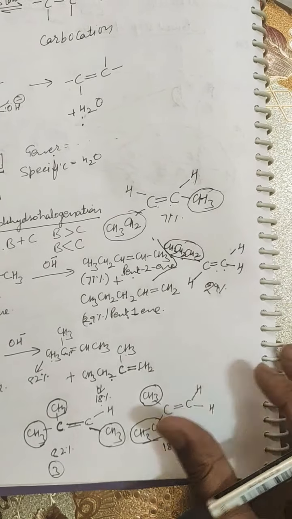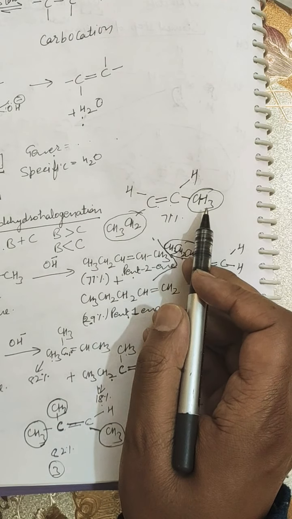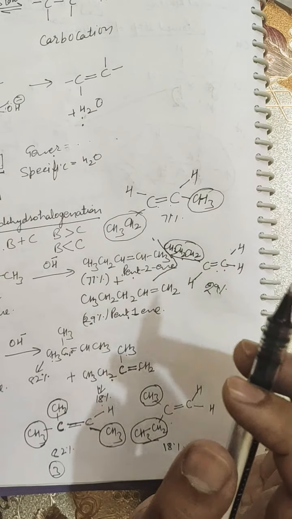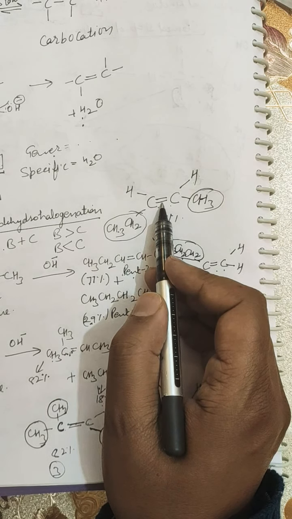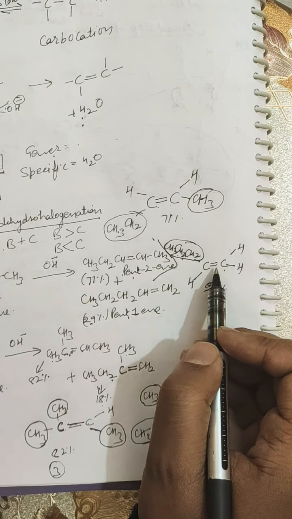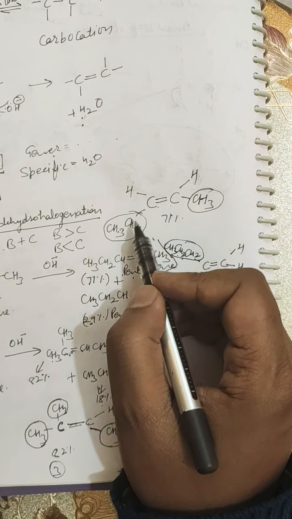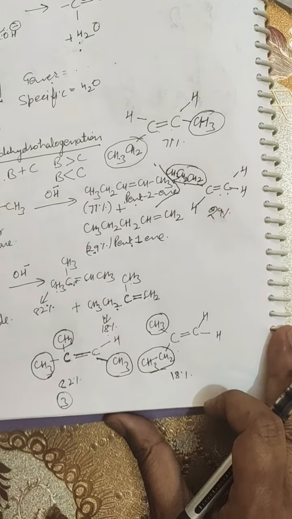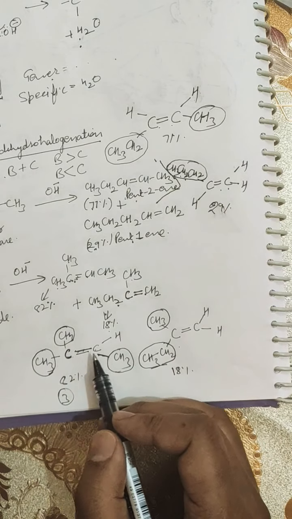And in this case there was a doubly bonded carbon possessing two alkyl side groups attached directly to it. Let me tell you one thing clearly: there is a further alkyl group, but this alkyl group is not directly attached to the doubly bonded carbon. Here these alkyl groups, the CH2, CH3, are not directly attached to a doubly bonded carbon. Only this carbon is attached to the doubly bonded carbon, and here this alkyl carbon is attached directly to the doubly bonded carbon. Here is also the same situation. These alkyl group carbons are directly attached to a doubly bonded carbon.